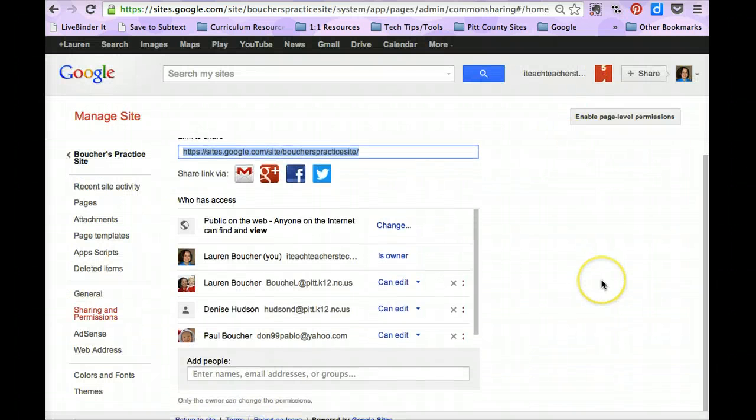When you click on that, you'll see all the collaborators that you have added as well as who has access. Right here, your first setting is going to be for your overall website. Right now, my website is set to public on the web, which means that anyone on the internet can find and view it. If you want people to be able to edit your site, that's where you're going to add their